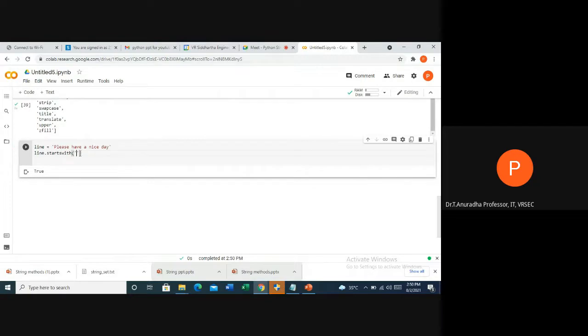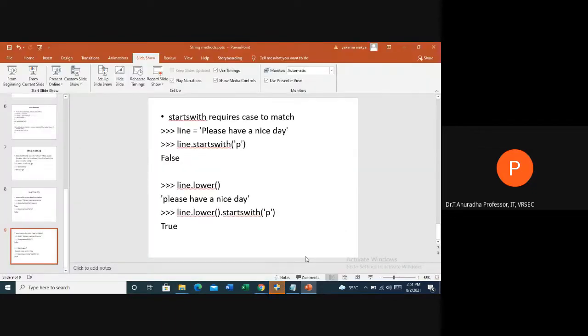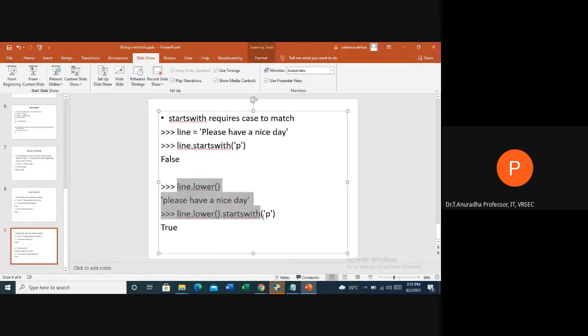But if I give small p here, let us see what happens. It is returning false because capital P and small p are different in Python. So it returns false. Now what we can do is, first you can convert your string into lowercase, then you can check this.